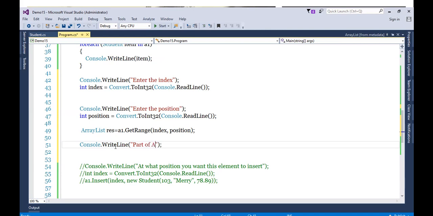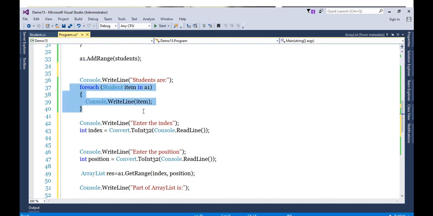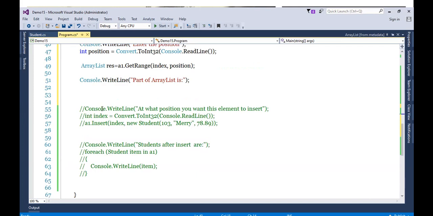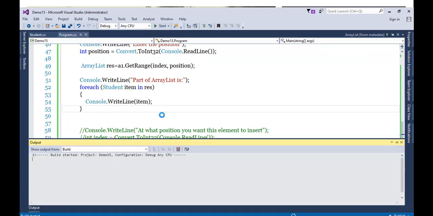Part of array list is. Okay, give the same message. Part of array list is, we are displaying the resultant here. That's it. So let's save this and run it.